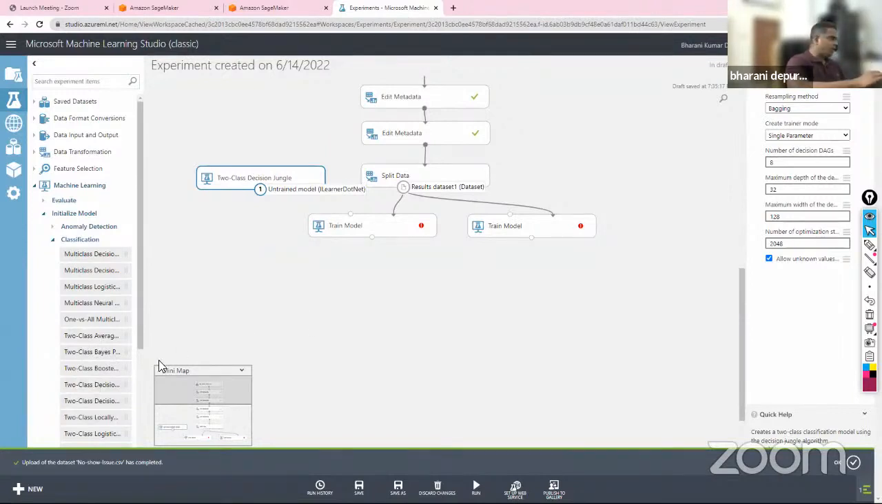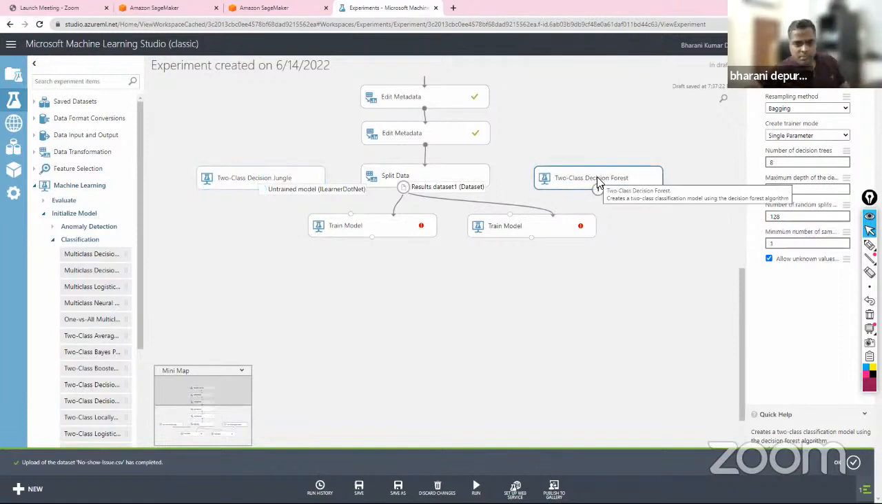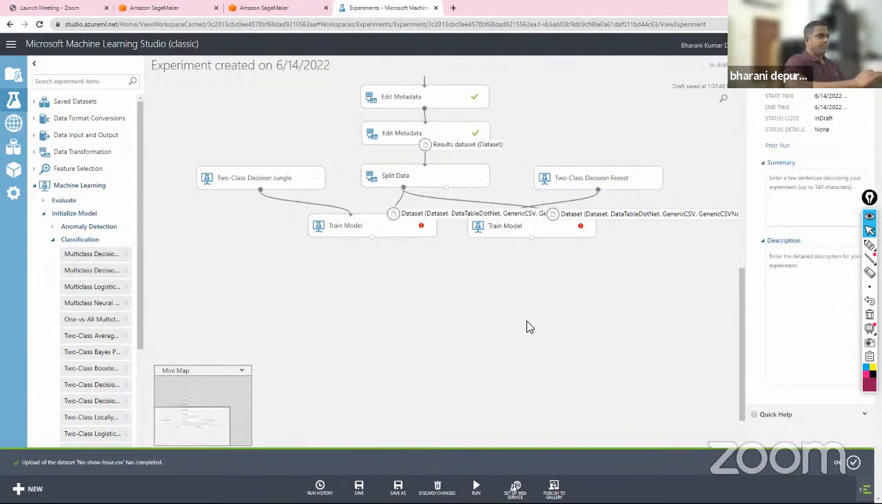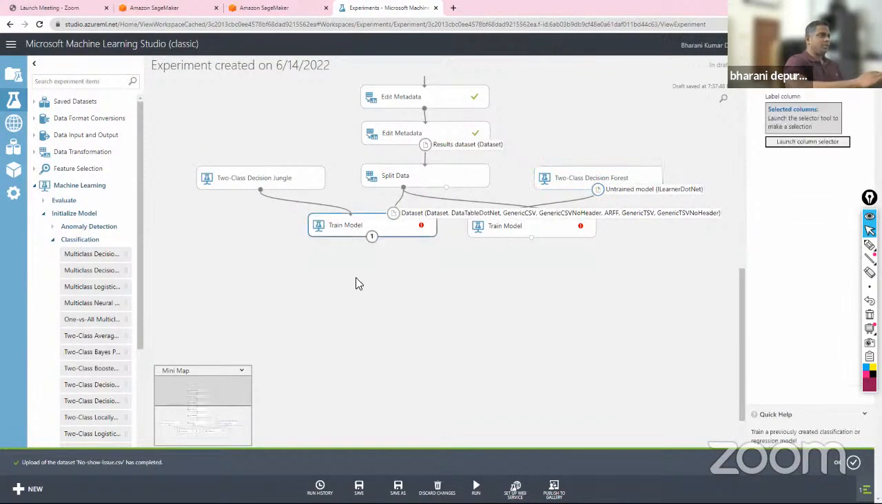If you feel that, you know what, I also want to try out 2-class decision forest, do so. There's no stopping. It's up to you how many algorithms you want to experiment with. And once you have this here, you select that. The moment you do that, a green color notch appears. And it is an indication that you have to establish the connection to that part. So everything is shown to you. So once you split the data into training, and then once you build your model,